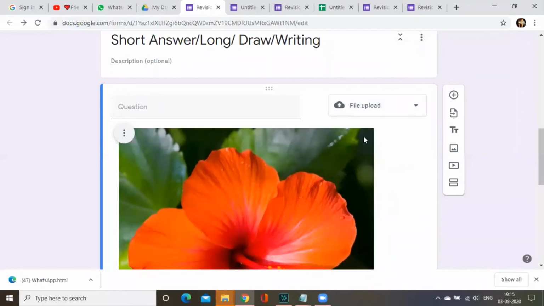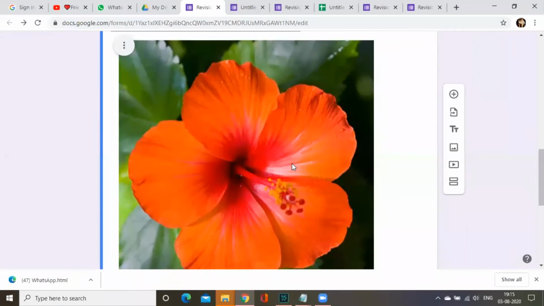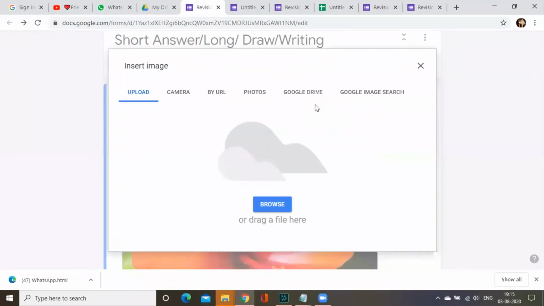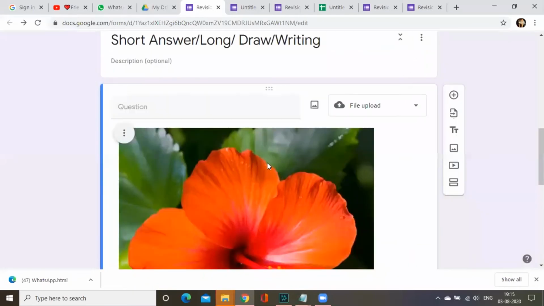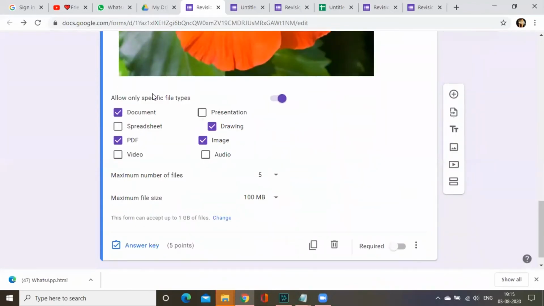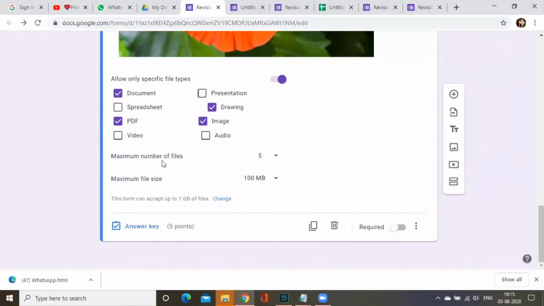For file upload, teachers, write the questions on one paper, take a pic, and upload it here from the image. Just click on the image and upload from your system or from your mobiles. Once the question paper is uploaded, allow only specific file types. Enable this, and then select document, PDF, drawing and image. These four you can select, and for maximum number of files, give 5. Maximum file size, give 100 MB.